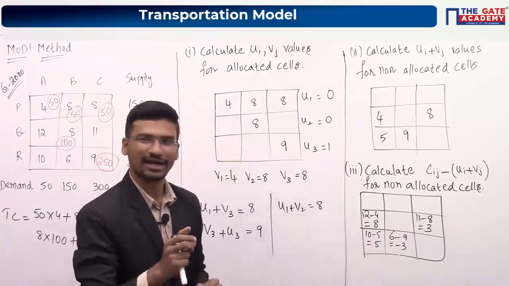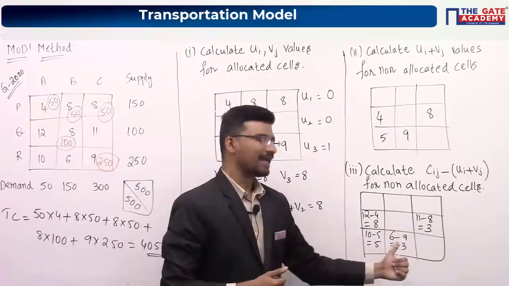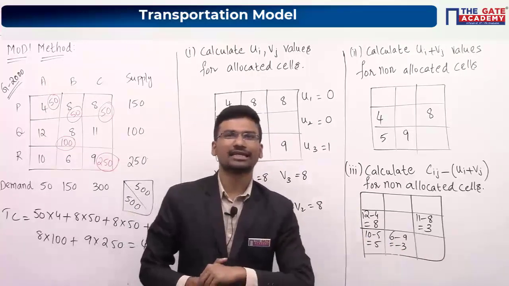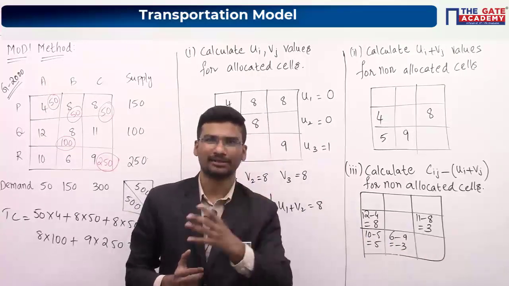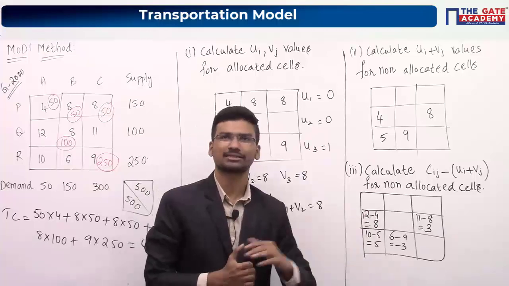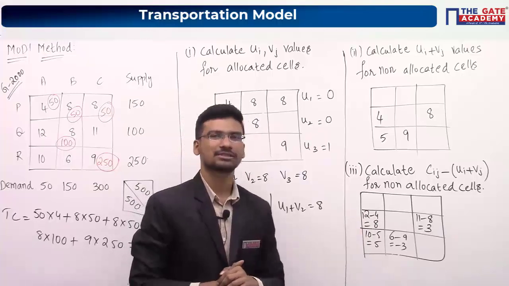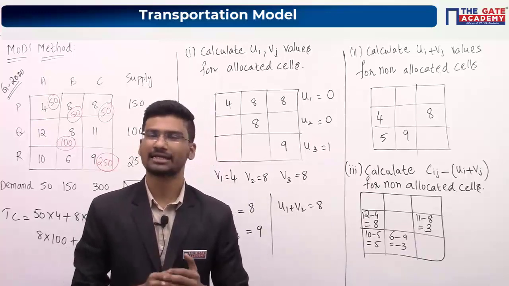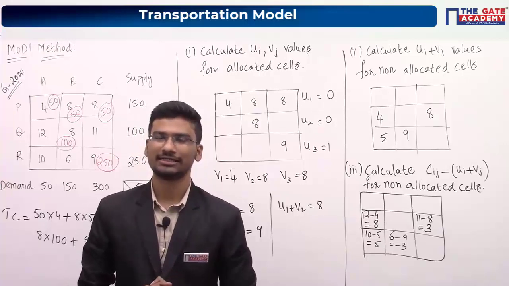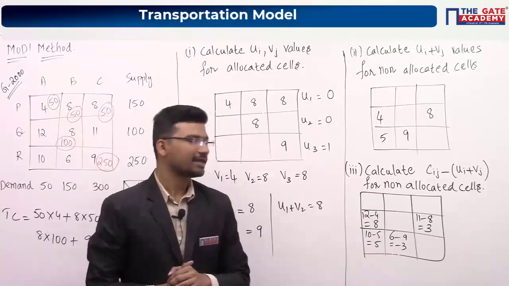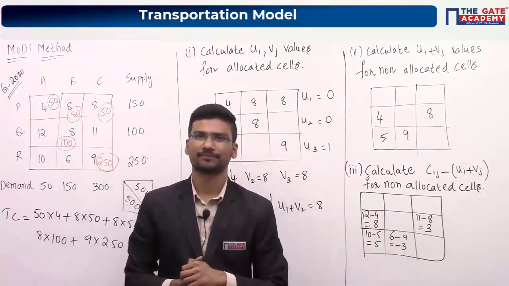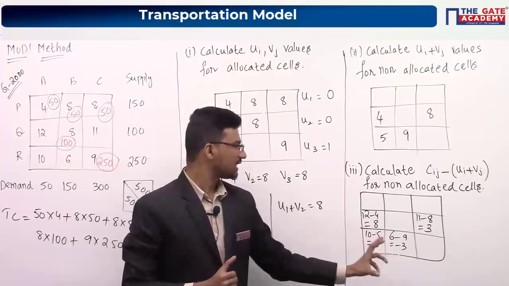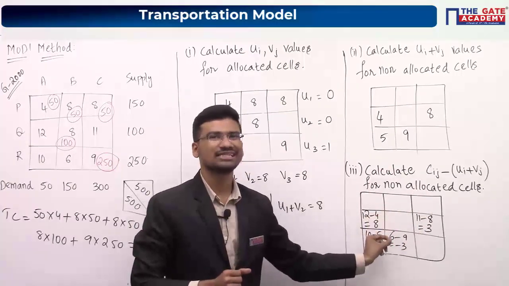Don't worry. Write down the first point: the negative sign in the matrix, or else you can say the negative element in the matrix, indicates that the solution is not optimal. The negative sign in this particular matrix indicates that the solution is not optimal.